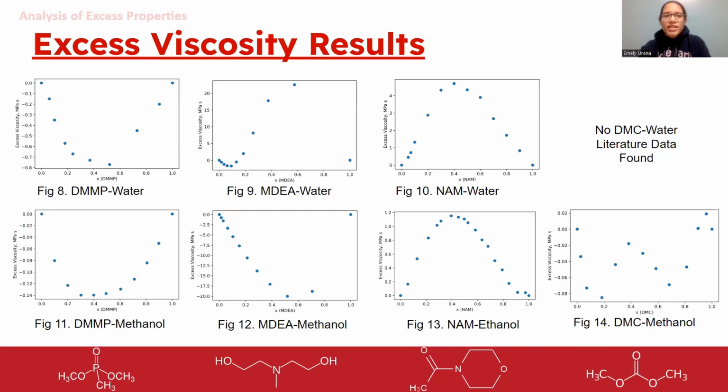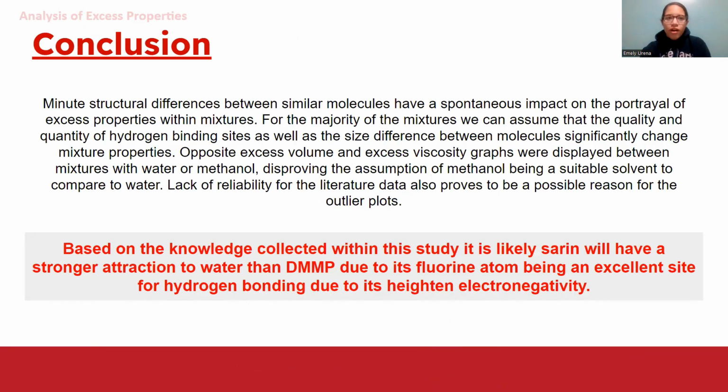For excess viscosity, half the graphs portray a positive correlation, while the rest depict a negative correlation. While there seems to be no organization or trend between the plots, a reason why the graphs may vary so drastically could be because of the particular molecular structure of each molecule. Overall, while excess volume was more dependent on bonds and size, excess viscosity significantly changed for minute shifts in molecular